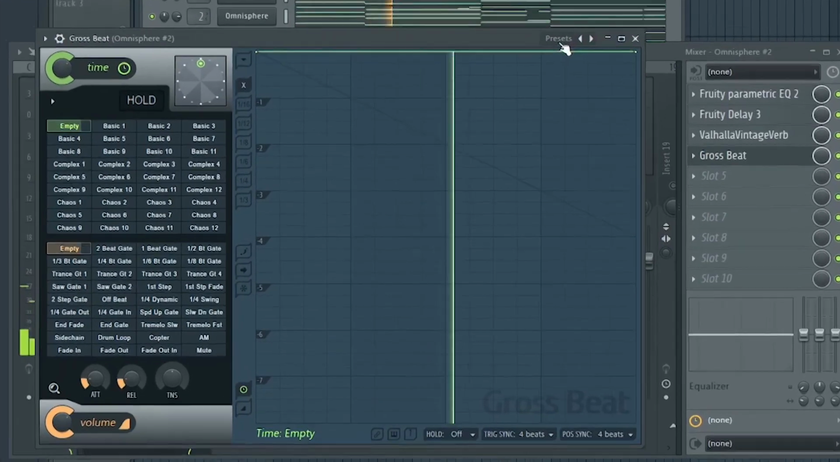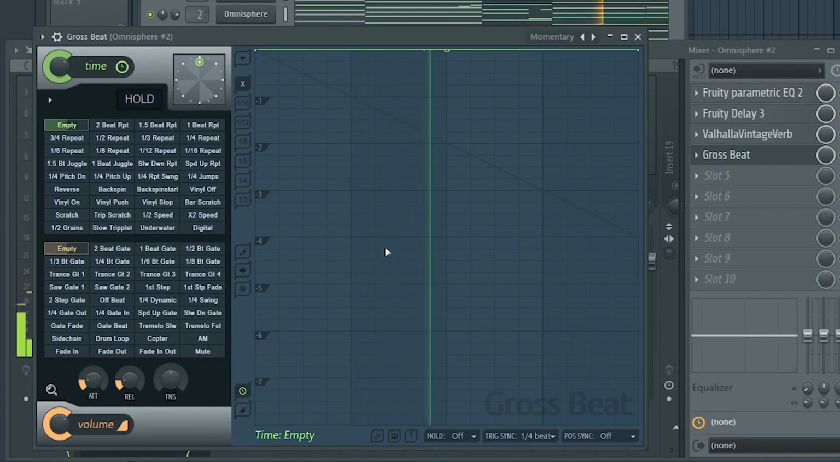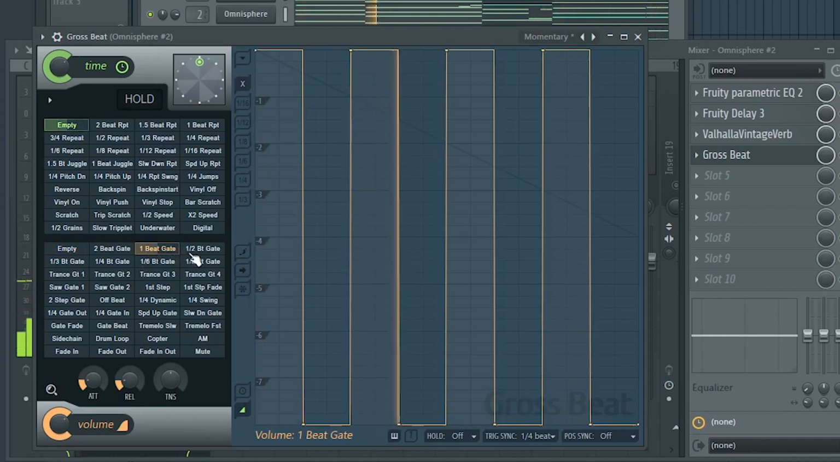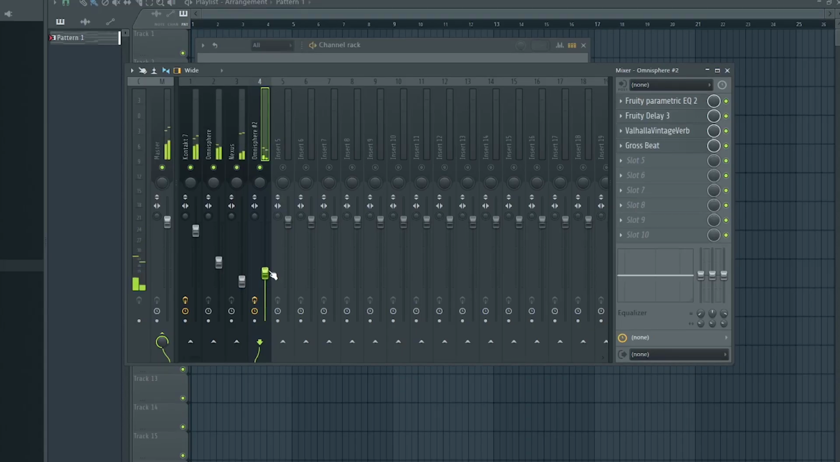Lastly, Grooove Beat. Go to momentary, 1-beat gate preset to sidechain the bell. Turn down the volume. It basically acts as a mix level to blend the dry and wet sound together. Now with everything together,